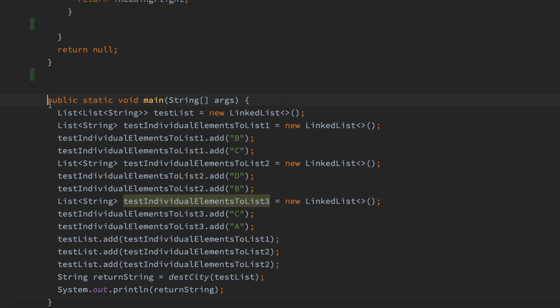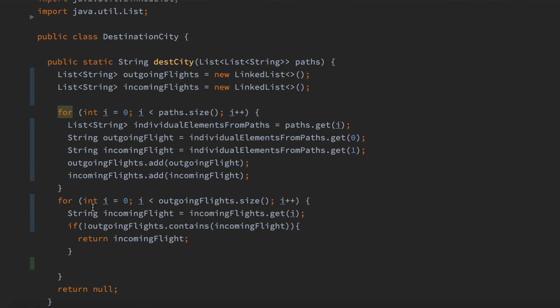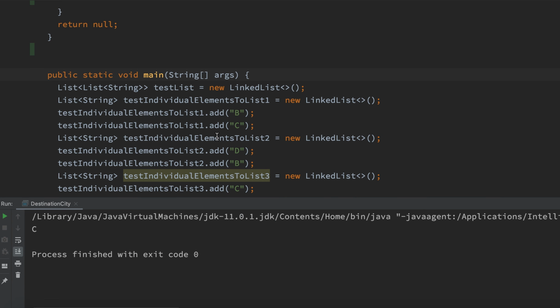So let's test this and see when we run this. So we have B, C, D, B, C, A. So that's all of the stuff from up here in example 2, B, C, D, B, C, A. And we should get an output of A here. So let's check that we get that. We're going to run this right now. And let's see what we get back. We should get A back, or sorry,